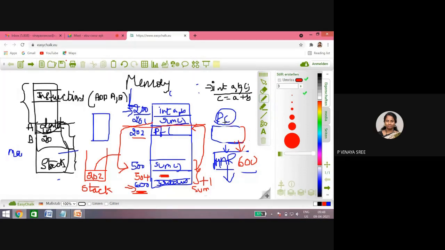For that, the program counter has to pop the address which was pushed when jumping. So we need to pop 202, so that when the processor completes the execution of 600, it will execute the 202 instruction. Are you getting it?